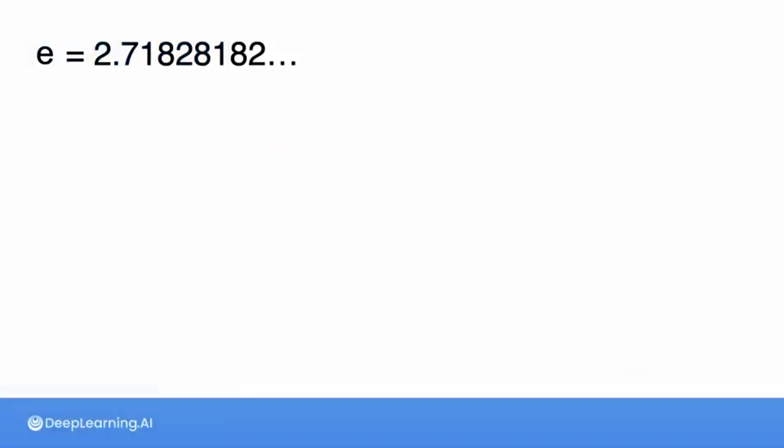So let's set our eyes on a very important function, the exponential function. And for this, we need to define Euler's number. Euler's number is quite a special number in mathematics. It appears in many, many branches, and it can be defined in many ways. One of them is by the numerical value,